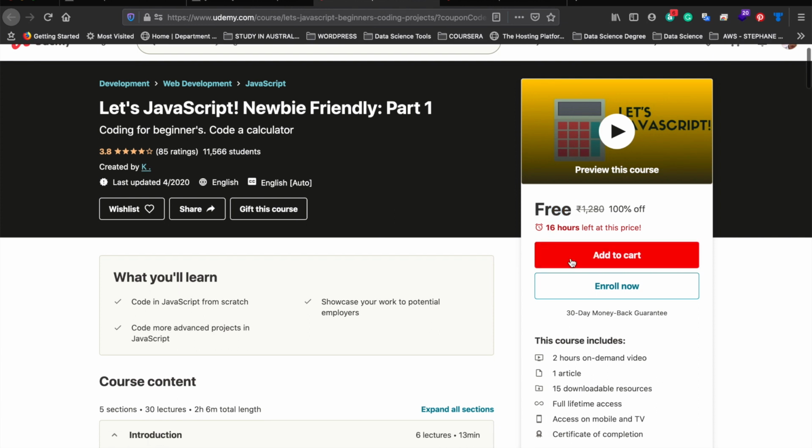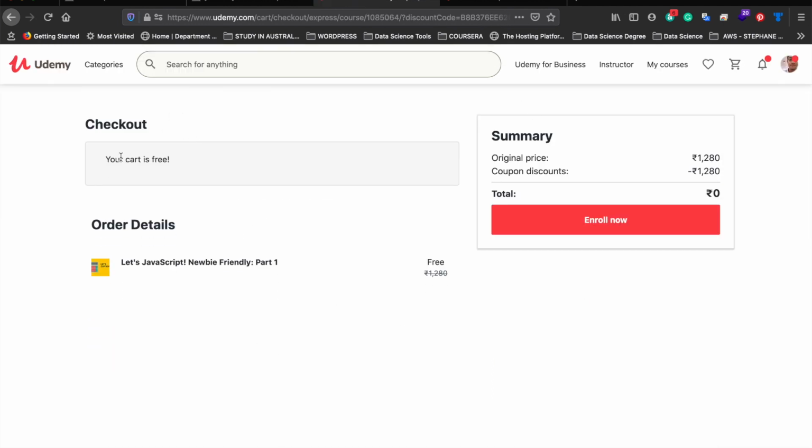Now I have two options. I can add this course to cart or I can enroll now. I'll simply click on enroll now. Now this is the checkout page and it says that my cart is free. I have got a discount of rupees 1280, and therefore I am getting this course for free. Now if I click on enroll now, this will enroll me to the course, which is this one, Let's JavaScript. So just for the sake of this video, I'll click on enroll now,